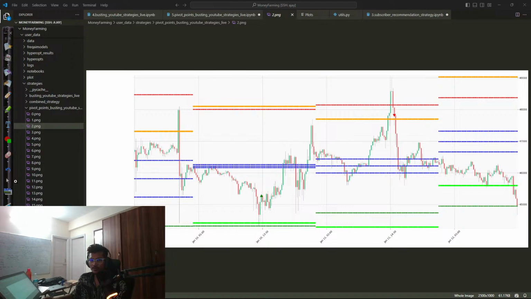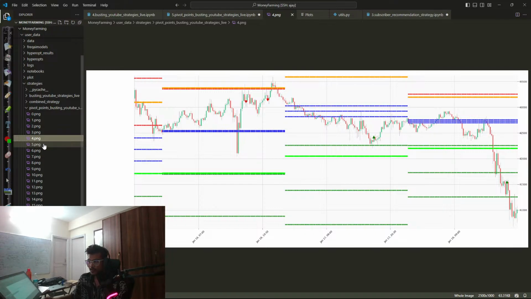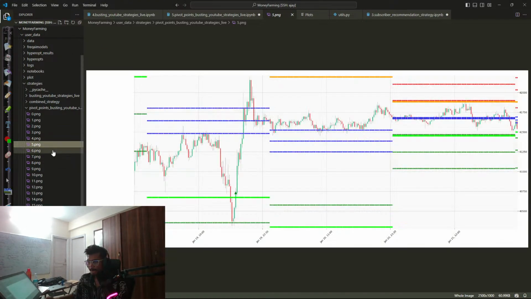So yeah, here it was a losing trade. Fourth, yes, it's a good winning trade here. See, short, long. This was really good trade on long here. Okay,